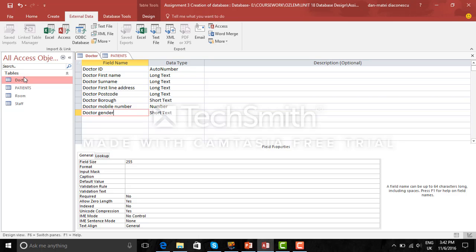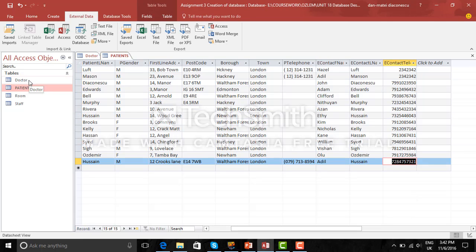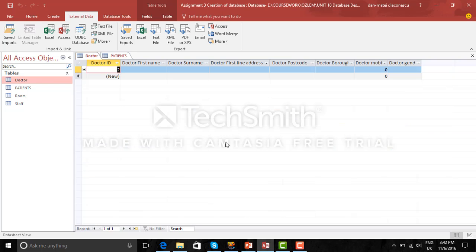The next thing I would like to show you will be how I managed to save all my details and create the first record. One of the first things I have to do was to add the doctor ID, which could be any number, like 2. The first name could be Ali or whatever the doctor's name is. Then the third field would be the doctor's surname, which could be any surname like Hussein. The doctor's first line address could be 12